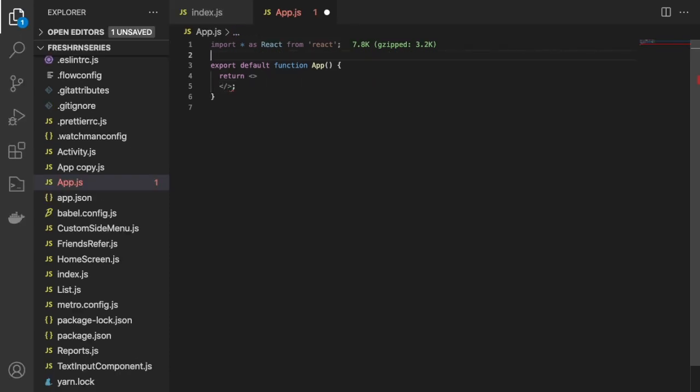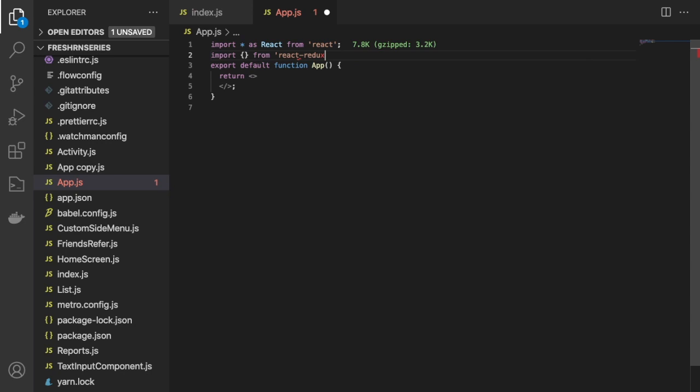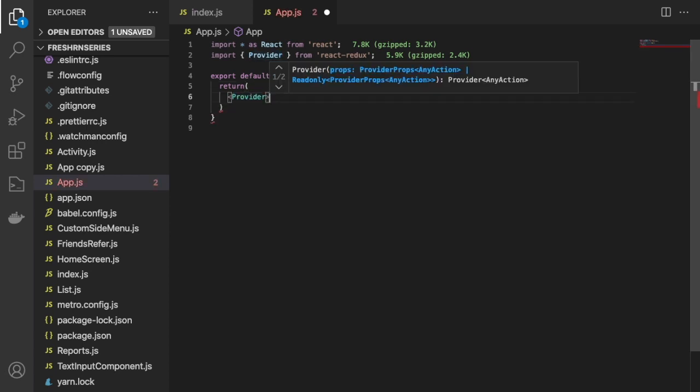So we have to first import from React Redux. What do we have to import? Provider. Copy this Provider, and here in the return just use Provider like this as a parent.